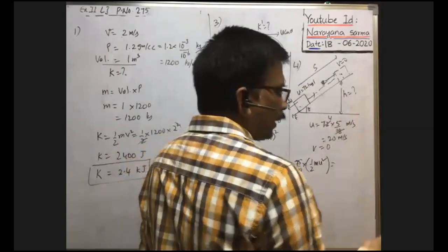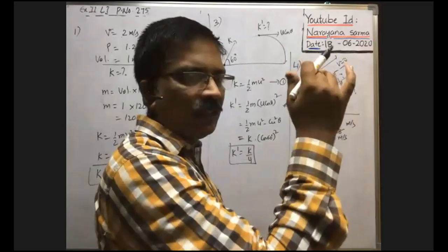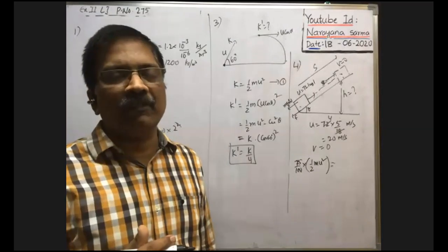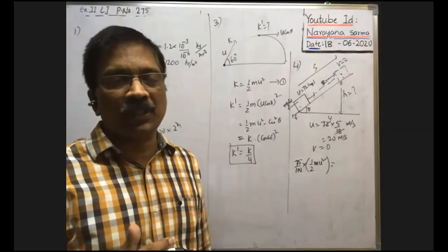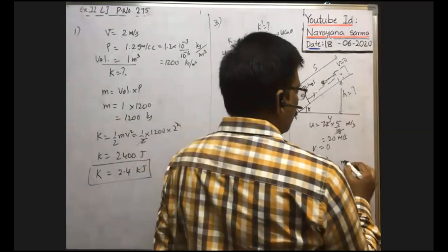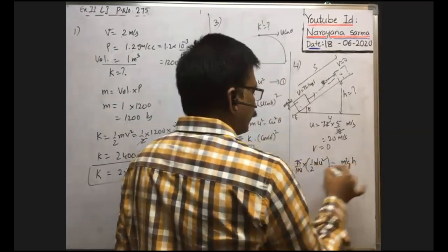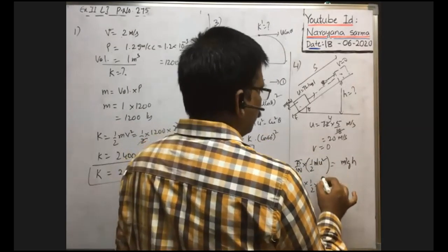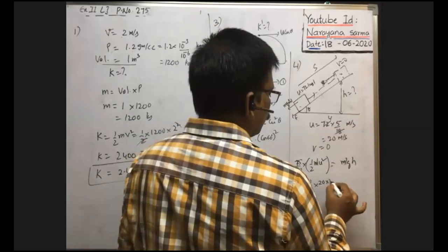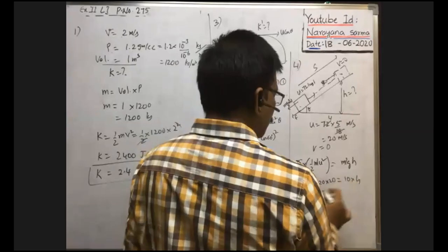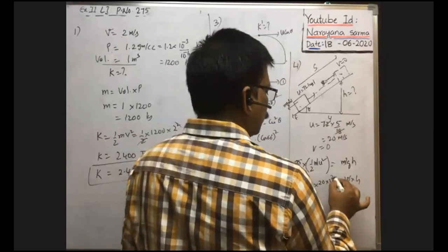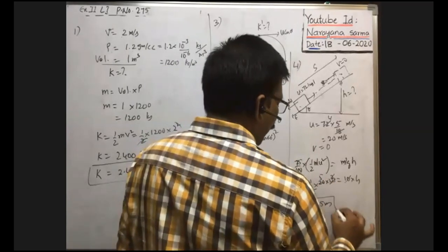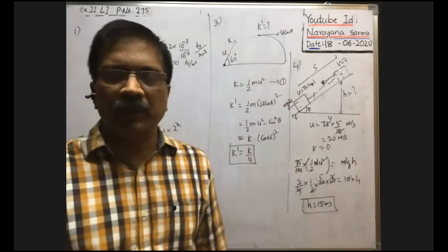When the body rises to a certain height against gravity in the upward direction, some work is done against gravity. Such work done against gravity is stored in the body as gravitational potential energy. That potential energy is equal to mgh. So h is what they asked; m cancels. Here 75 by 100 into 1 by 2 into u square, u means 20 square, 20 into 20, is equal to g, which is 10, into h. So h is equal to 15 meter. The height up to which the body rises is 15 meter.